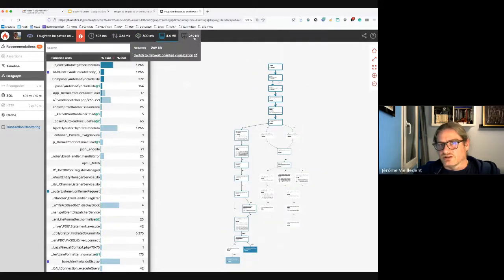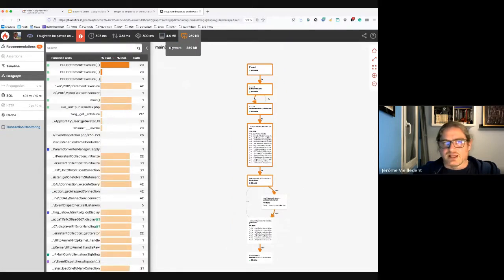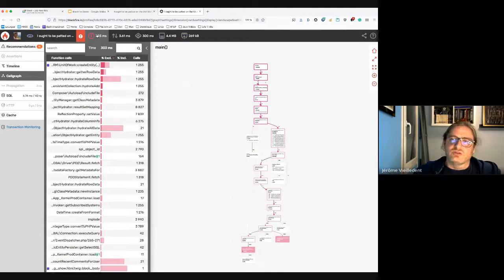Memory here, or even the bandwidth. This is important when you do a profile to move over to change the different dimensions, because it gives you information, but in a different way. It gives you a different insight from different aspects of your application.